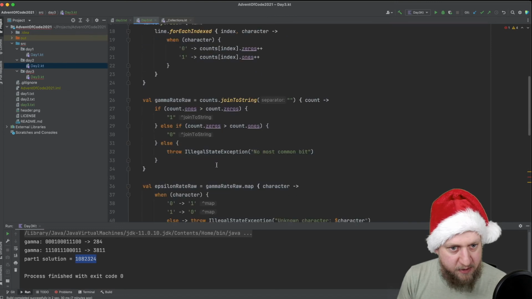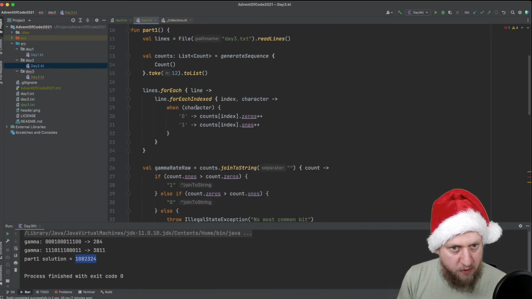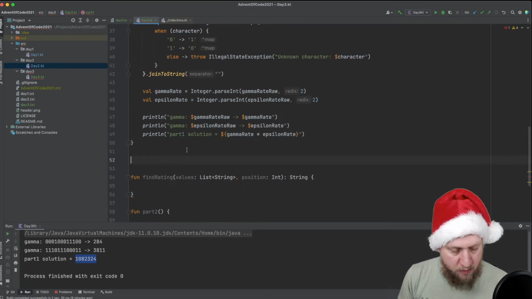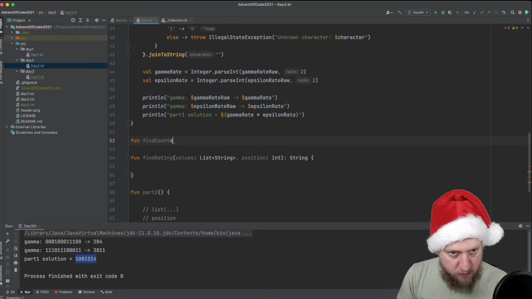Almost what we did here, except that we do this for all positions. So we need to find counts, give it again the list and position,